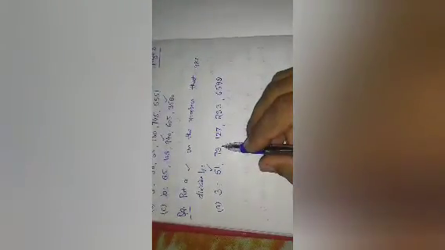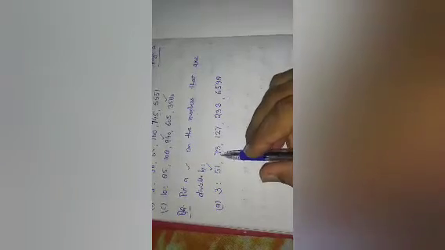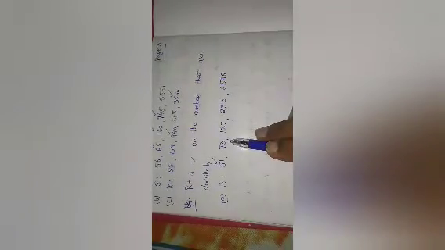Okay. After that, the second number is 73. The digits here are 7 and 3. When we add it, 7 plus 3 is equal to 10. 10 is not divisible by 3. 3 1s are 3, 3 2s are 6, 3 3s are 9, 3 4s are 12. So as you see here, 10 does not come in the table of 3, so that number will not be divisible by 3.